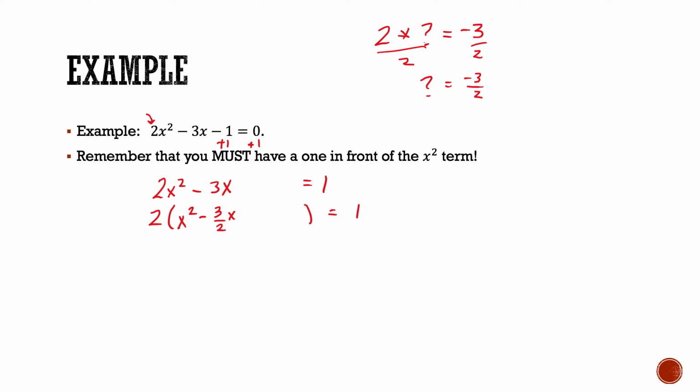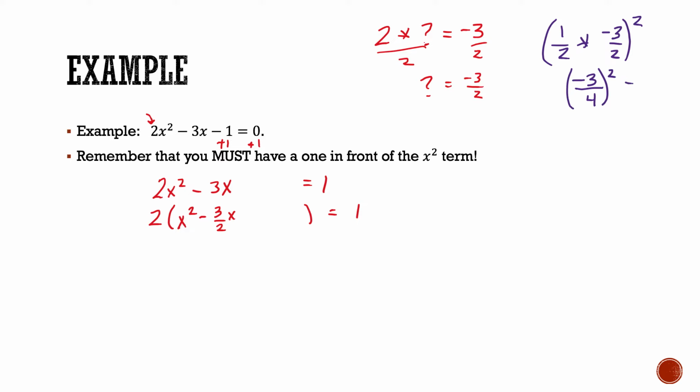Okay, so now we are set up to complete the square. So remember that step 2 of completing the square is to take half of your middle term, so 1/2 times the middle term. The middle term is negative 3 over 2. You do want to pull that sign with it. It'll make the factoring easier at the end. Okay, so 1/2 times negative 3 over 2, and we want to square that. So when I multiply my fractions inside the parentheses, 1 times negative 3 is negative 3, 2 times 2 is 4,